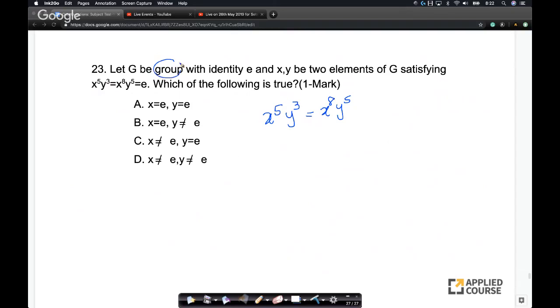It's a group, and e is the identity, which means inverses exist, right? If I pre-multiply with x^-5 and post-multiply with y^-3, then what am I left with? I'm left with x^3 y^2, which equals e. Think of it as left cancellation and right cancellation, because that's valid in a group since inverses exist. So from this I can say that